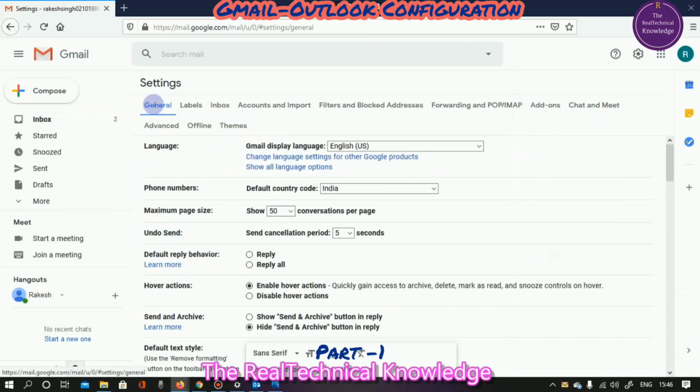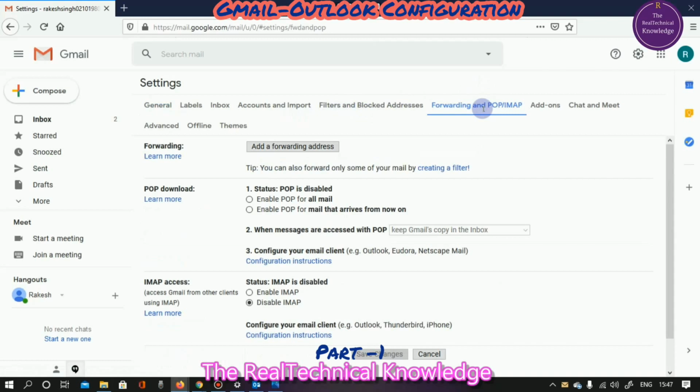We have multiple options in settings, which are general, labels, inbox, accounts and import, filters and blocked addresses, forwarding and POP/IMAP. We need to go to forwarding and POP/IMAP. First of all, we need to know what POP and IMAP are. POP is Post Office Protocol.